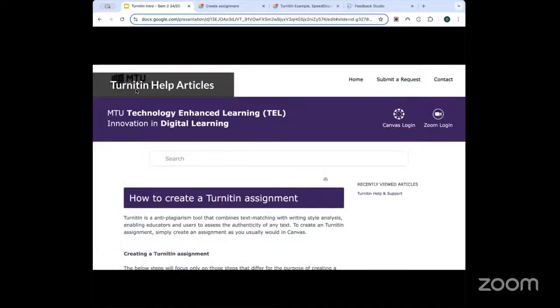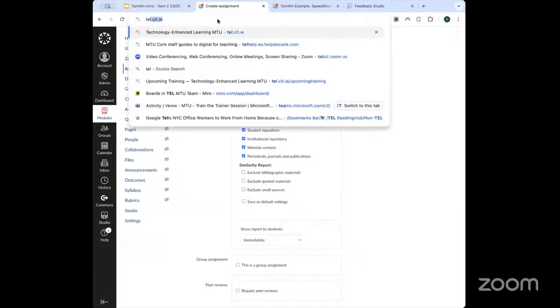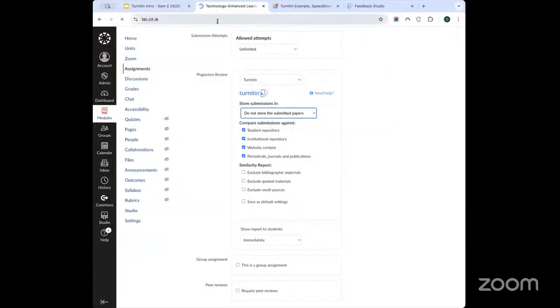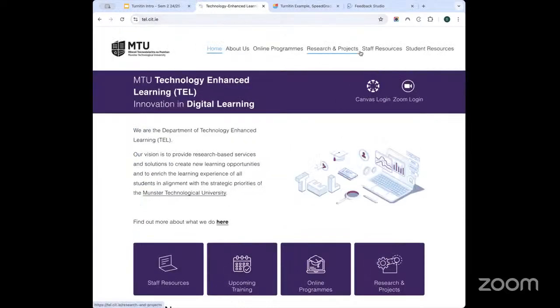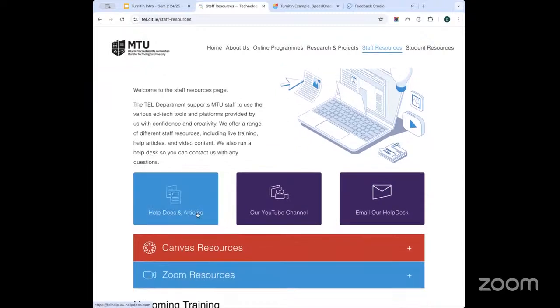Additionally, we have developed our own series of help articles around Turnitin, which is available on our help center. If in any doubt, you can go to tel.cit.ie, and from there, if you go to staff resources, there are links to a whole range of different resources for staff, including the help docs and articles that I mentioned, our YouTube channel, and you can also email our help desk at